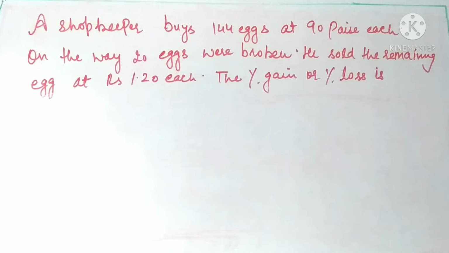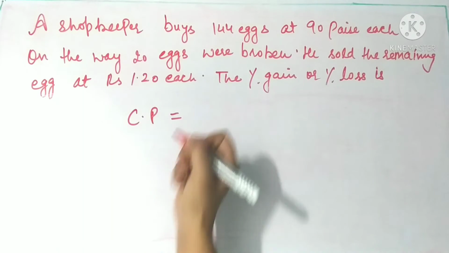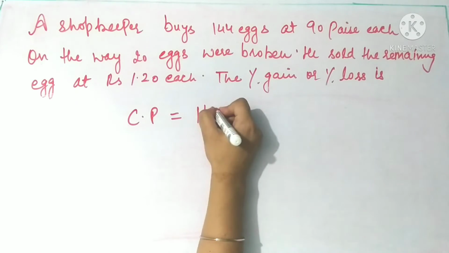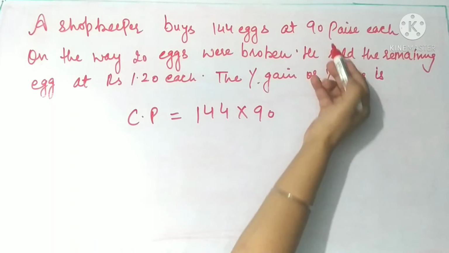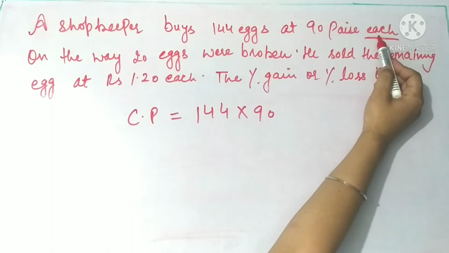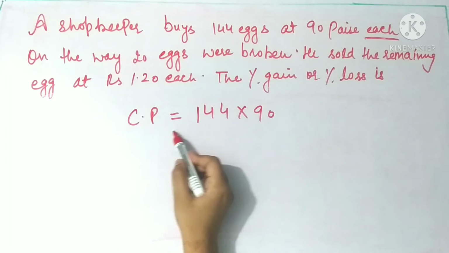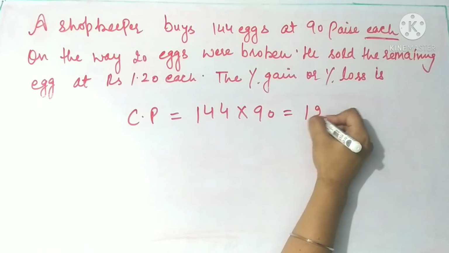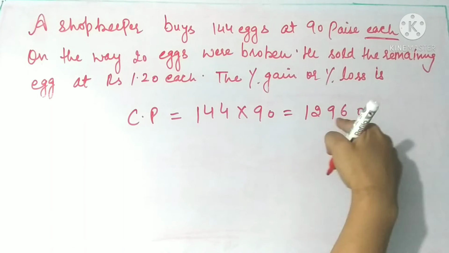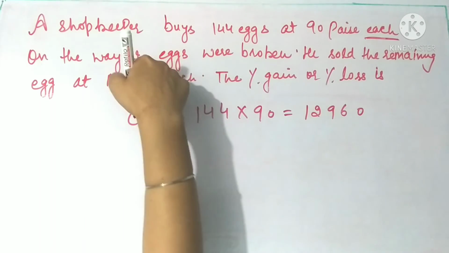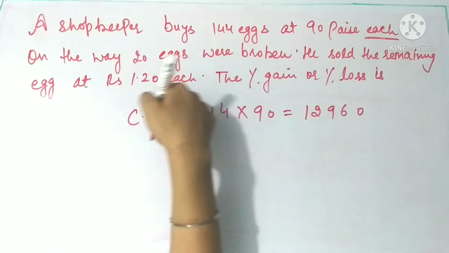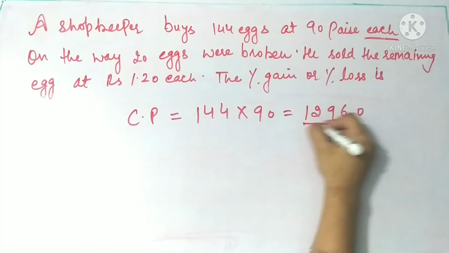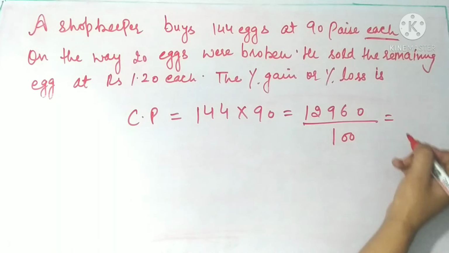Now firstly we have to find the cost price of these eggs, that is 144 eggs, so the CP is equal to 144 into 90 paise each. So one egg is of 90 paise, and the cost price of 144 eggs is equal to 12960, and we have to convert it into rupees. Why? Because the cost of the eggs is given in rupees, so we have to find it in rupees. This is divided by 100 and we get